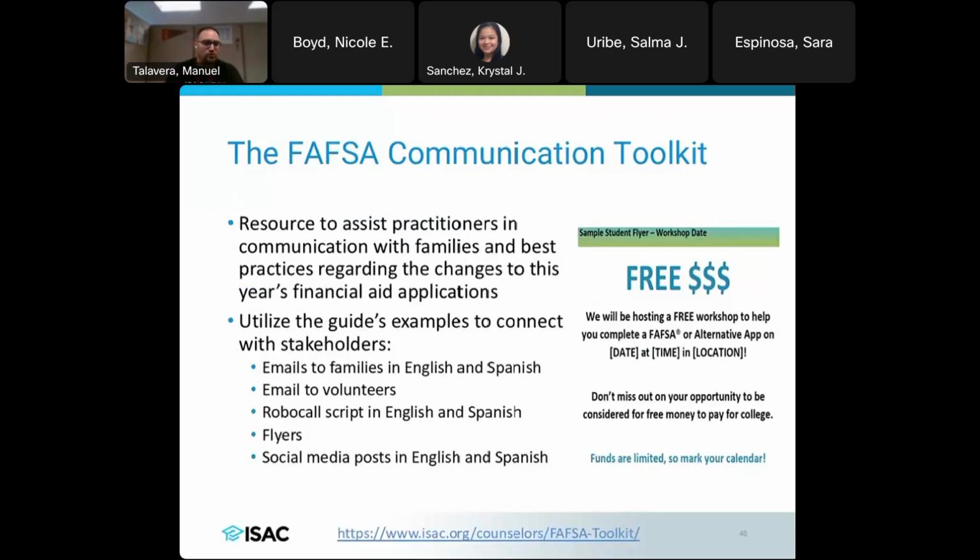Then we have our FAFSA communication toolkit. As we get ready for the FAFSA to open up, we have different resources available at your disposal that you can use to help get the word out to your students and families. We have email templates, robocall scripts that you can use in English and Spanish, and different social media posts that you can copy and edit to include any information related to an event that you are hosting